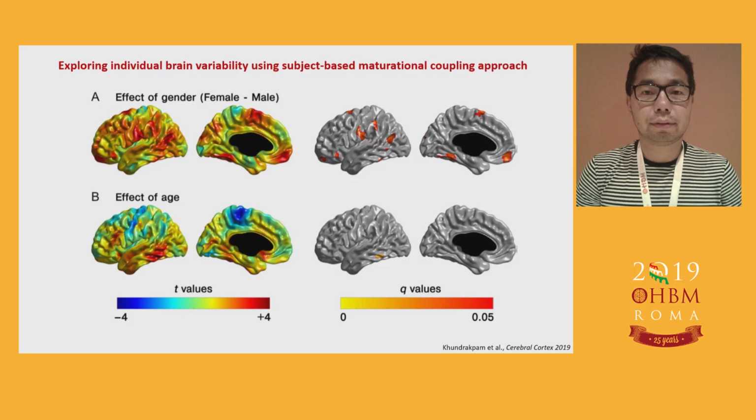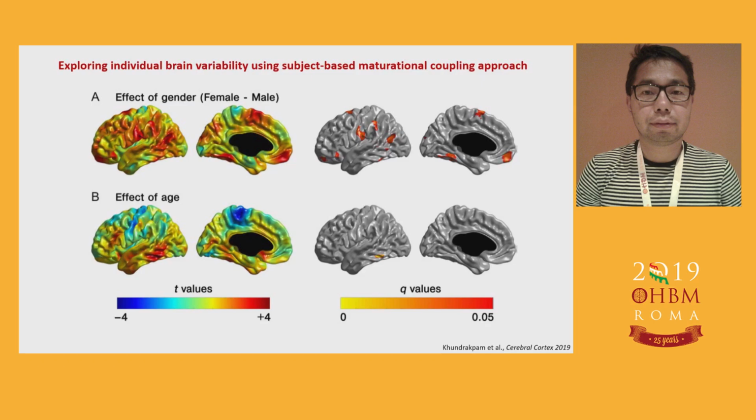Now, to go into more validation and to also show the scope of the approach, we look at the effect of gender. So what I'm showing here is, on the brain map, females minus males, the difference in maturational coupling index of homotopic regions. Wherever the significant regions are, it shows that in females as compared to males, there are stronger maturational coupling in all these regions, but not the other way around. We don't see this in males.